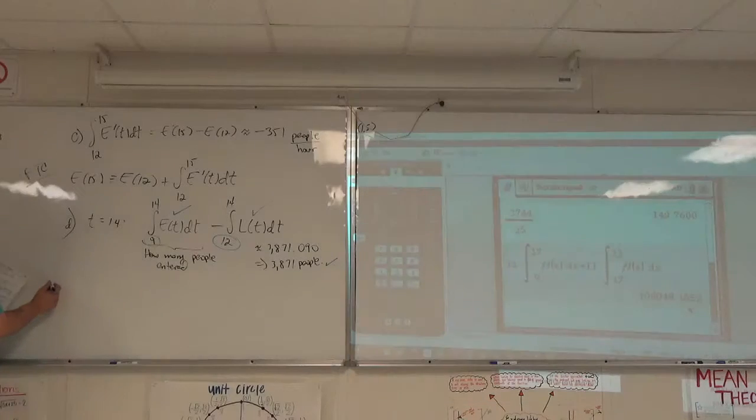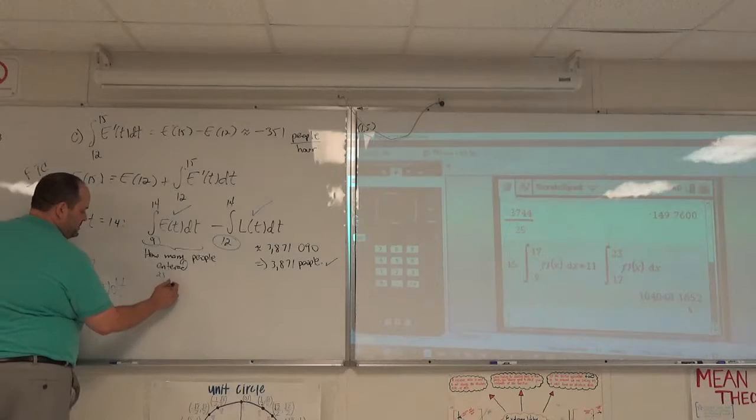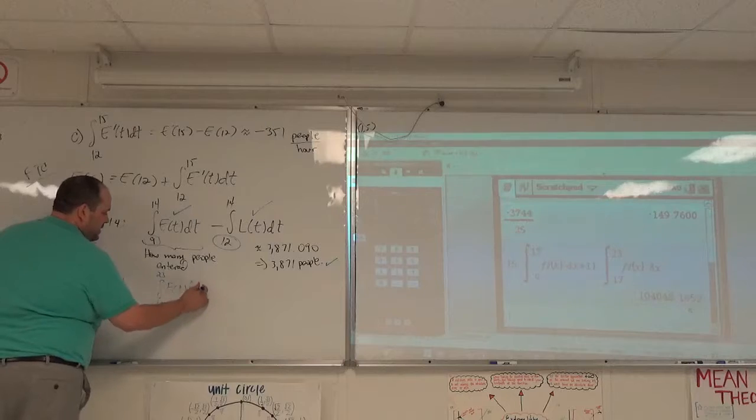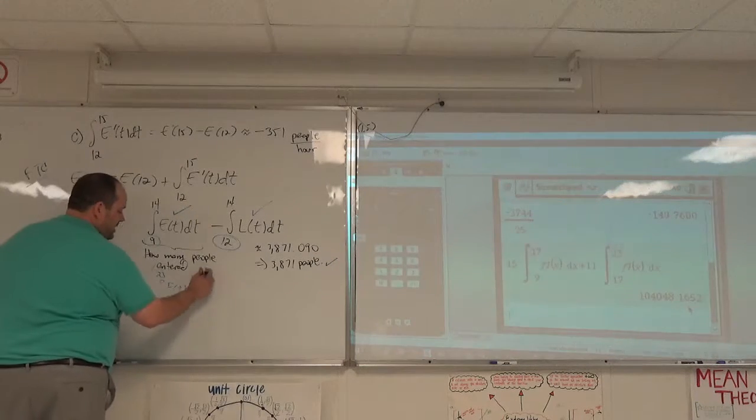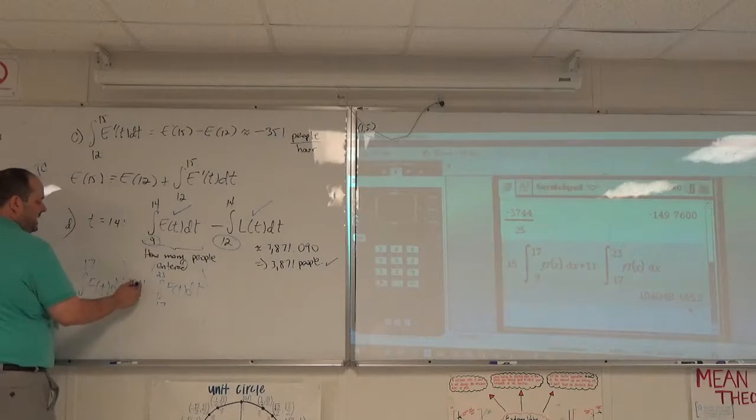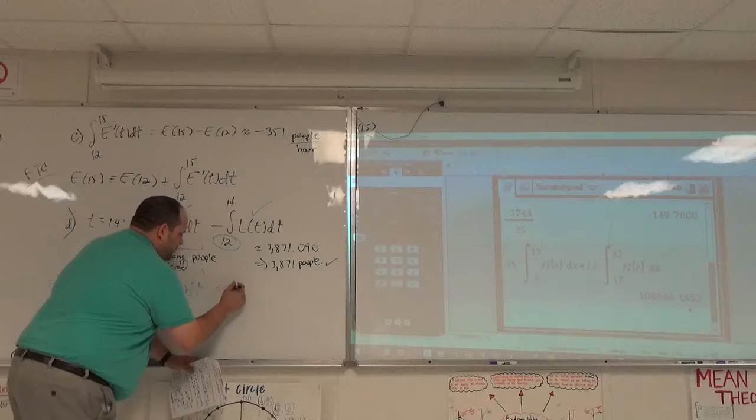All right, so if all goes well on part E, you're going to do the integral from 9 to 17, e of t dt. You're going to do an integral from 17 to 23, e of t dt. This guy gets multiplied by 15. This guy gets multiplied by 11. And I add them all together, and according to Polymon, I calculated